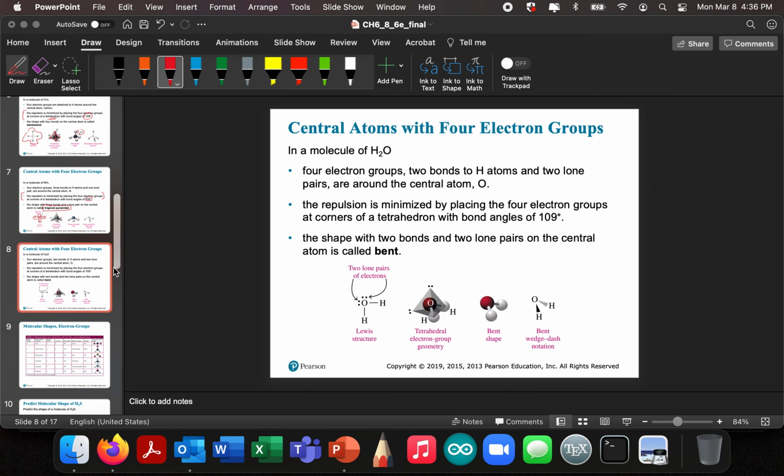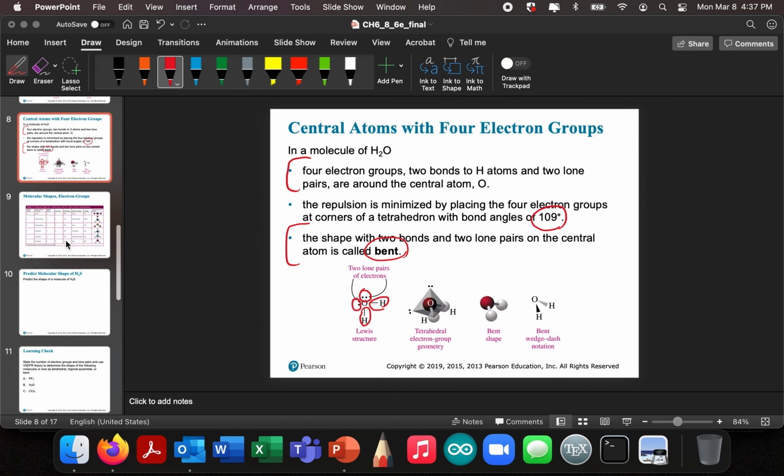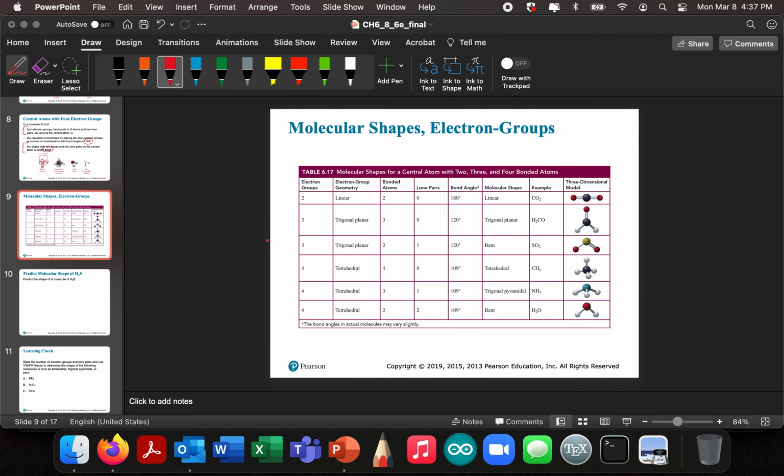Okay, and here's another example of a molecule with 4 electron groups, water, right? So that's got 1 electron group that is a lone pair, another lone pair, an atom, and an atom. There's 4 groups, and they go to the 4 corners of a tetrahedron, right? And they also have a bond angle of about 110 degrees, okay? The shape with 2 bonds and 2 lone pairs is called bent. All right, so can you see that we need the Lewis dot structure in order to be able to predict what the shape is? All right, so here's a table from your text, table 6.17,